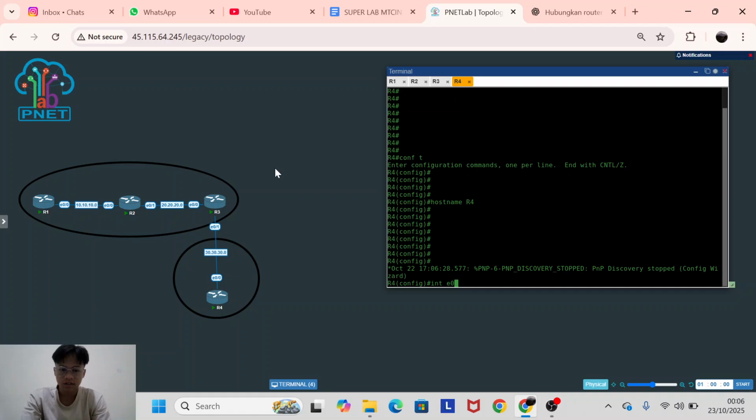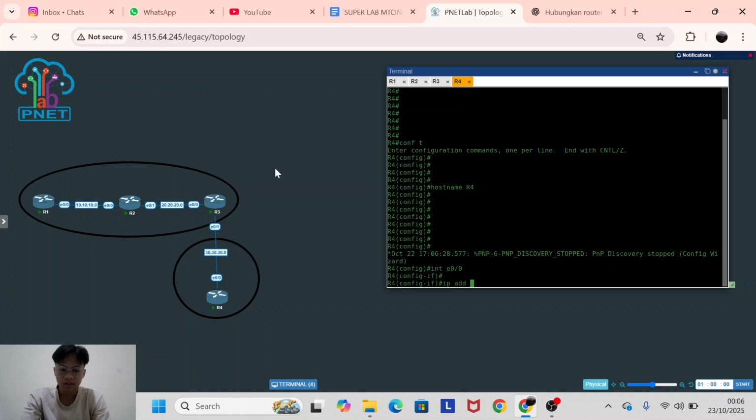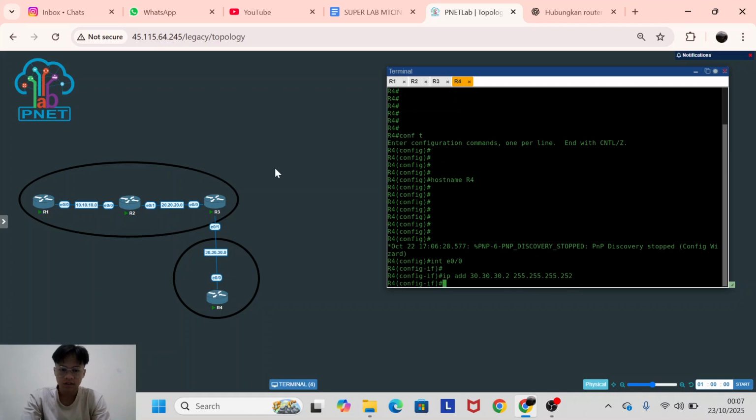For router 4, I add IP address 30.30.30.2, after that our subnet mask, like this.